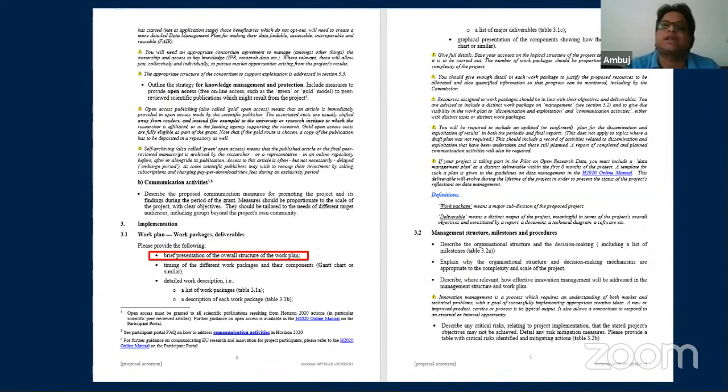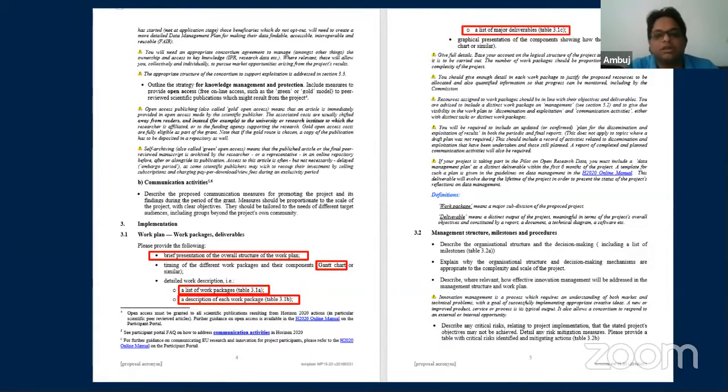You need to briefly describe what each of your work packages or activities is going to do, what you will be doing in that. And then you have to describe your entire process with some pictorial illustrations, called the Gantt chart and PERT chart. Then you need to give the list of work packages and all that. These are the requirements that you need to put.